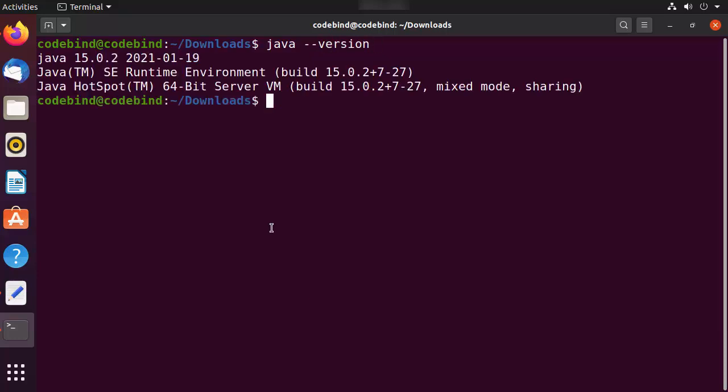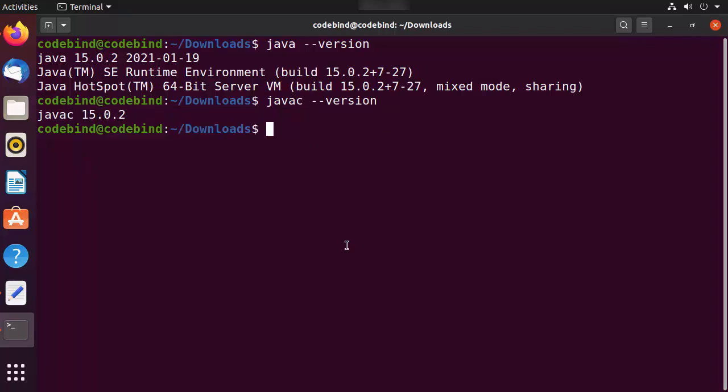And once you press enter, you will see that Java 15.0.2 is installed on our Ubuntu operating system. You can also give the javac command to check the javac version, which will be the same, which is 15.0.2. So now at this point everything is working and now you are good to go.